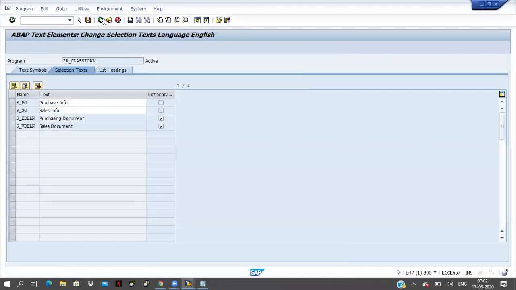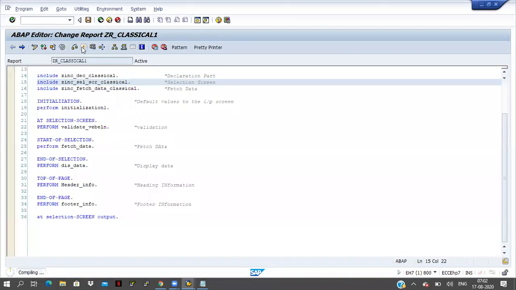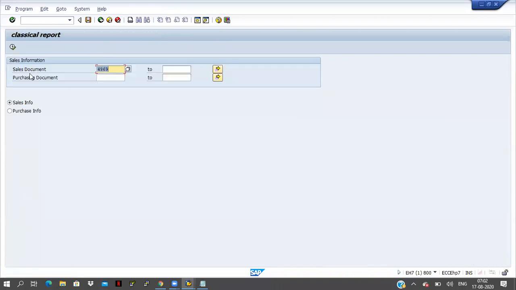Click on the back button, activate the main program. Click on the execute button. Now how is it coming? The sales document number is coming, and the purchase document also is coming, and here sales information and purchase information, the two radio buttons, are coming. If I select the sales information, then I want to enable only the sales document information, and the purchase document information should be in disable mode, meaning I should not enter any data.